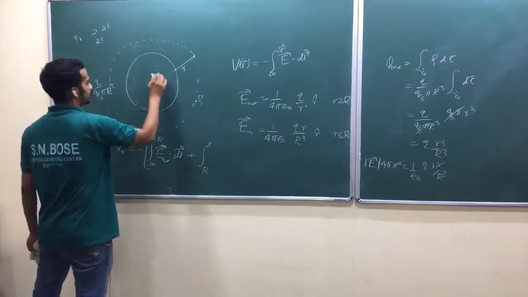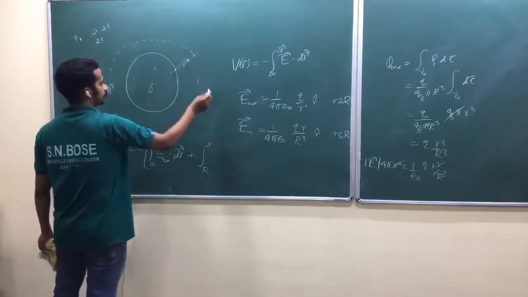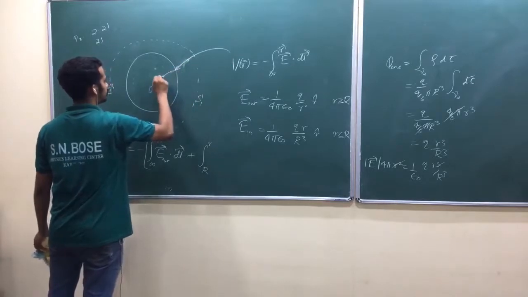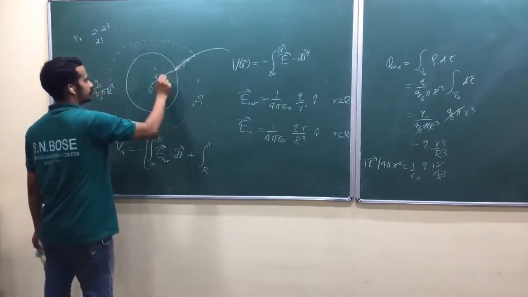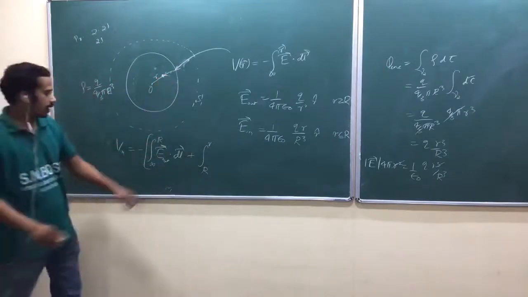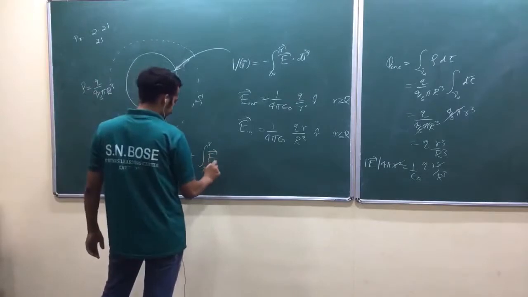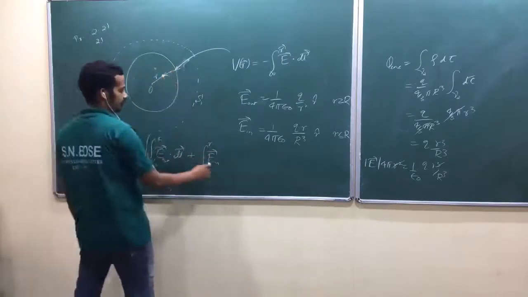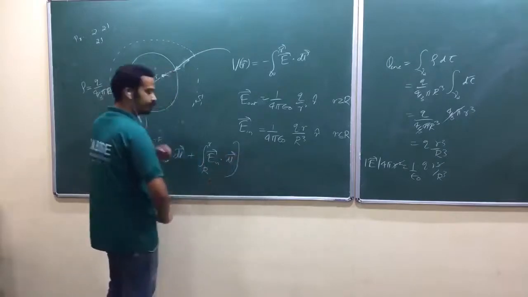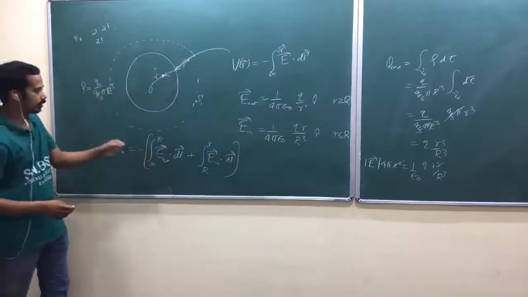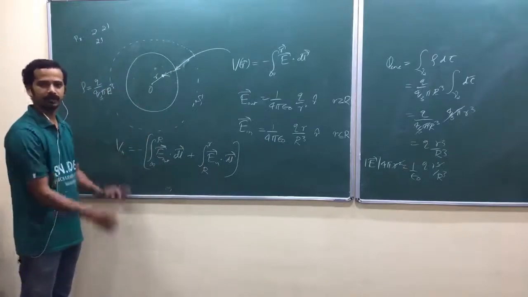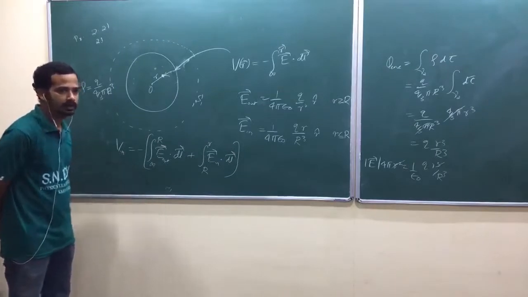Origin, some point here, okay? So you have to come from infinity to this point inside, that is at a distance r from the origin. Here to here, capital R to small r, E in dot dl vector, isn't it? Now you have to ask the question, what is the path? It's independent of the path. Only initial and final points matter. Is that okay?